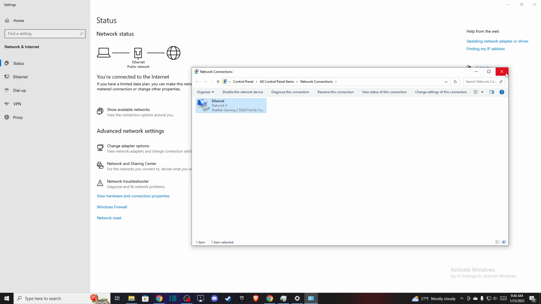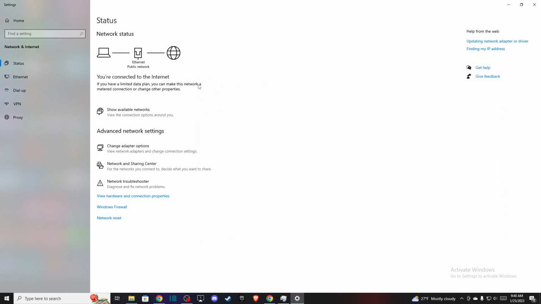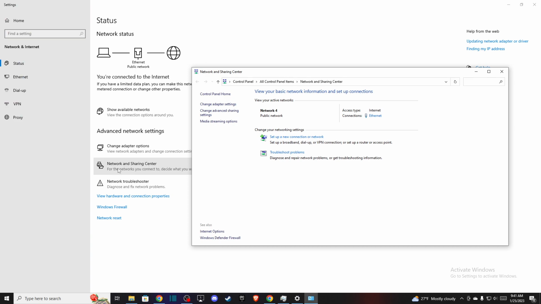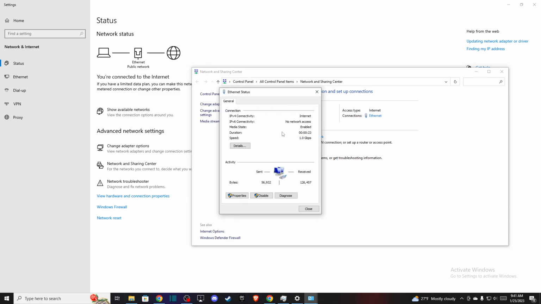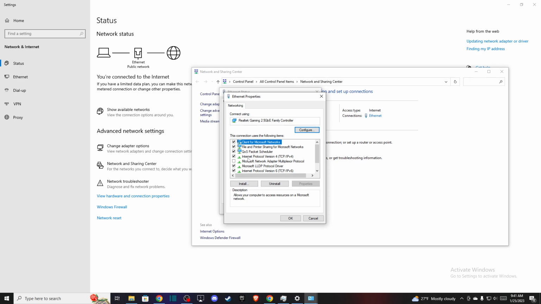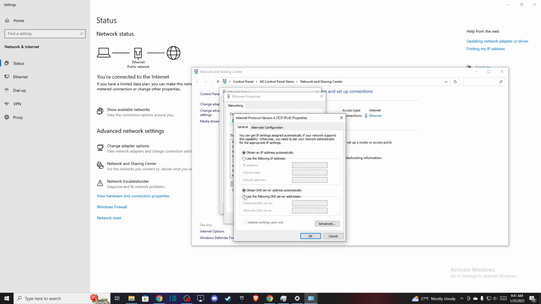So you can close this window, and then you need to go to network and sharing center, and then you need to press on the Ethernet button, and this window pops up. And then you need to go to properties, and then press on Internet Protocol version 4 and go to properties here, and then press use the following DNS server addresses, and here just write